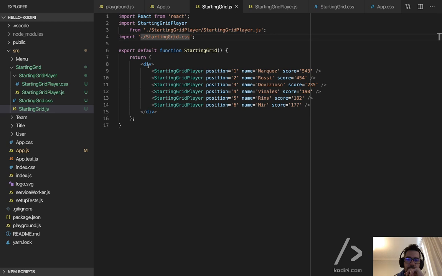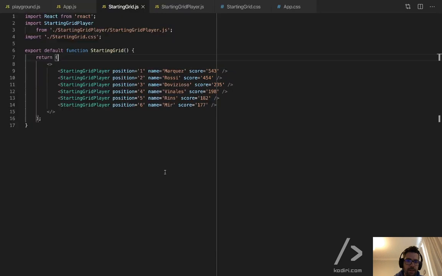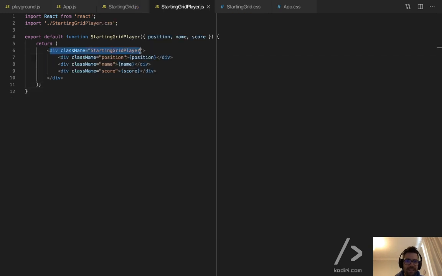So you had a fragment here instead of a div on the starting grid? Okay, let's go to starting grid player. All right, so you got a fragment on the starting grid player. All right, and you want to add some styles. No, you can't. You can't. You can. If because of whatever reason you want to do that,